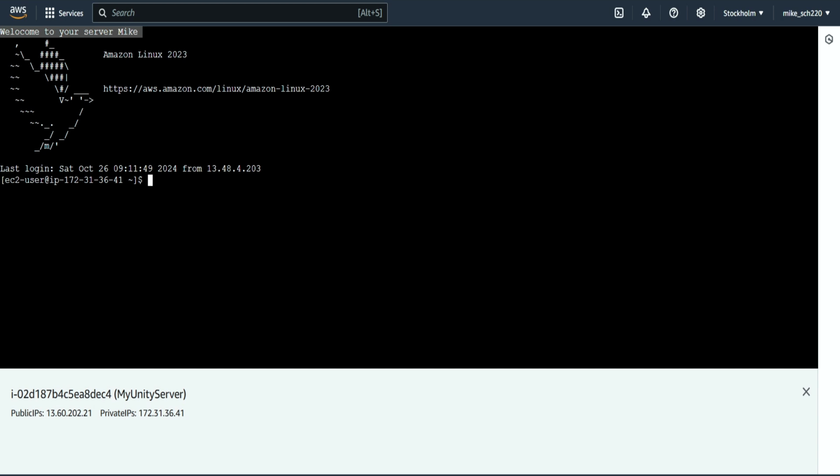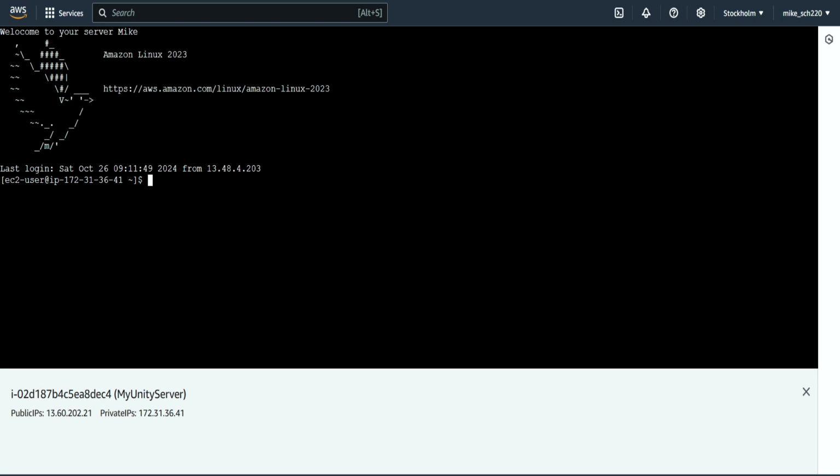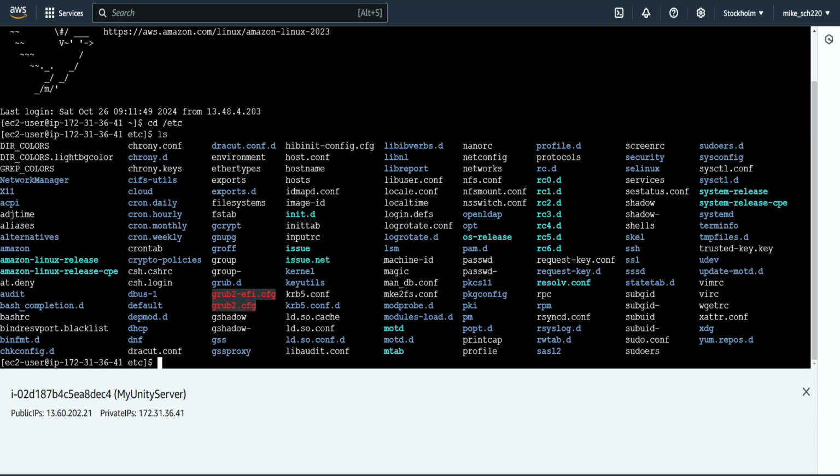And this is nice. But we also want to remove this thing over here because it actually annoys us and we want to have this personal feeling. So we can do this by going to another file. So if we, again, cd /etc, so we go to the etc folder, but this time straight from the root, ls, we want to edit not this file and not the motd.d. This one contains more files that are related, but we are not interested in this. We are interested in the pam.d folder or directory, so cd pam.d,